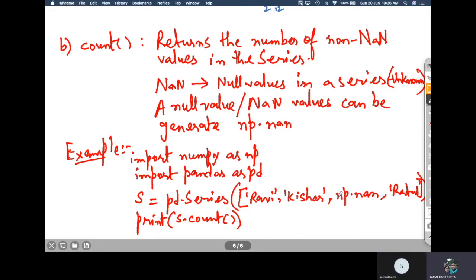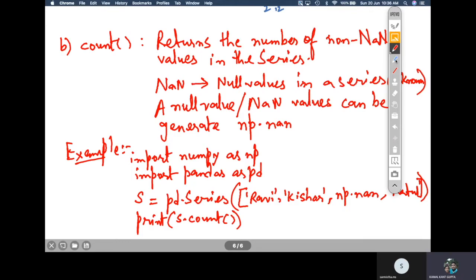Now you can see here we have used a numpy constant NaN to represent a NaN value in between the series, right? And that name is not known to us. That can be an unknown person whose name will come later in the series. So we have taken np.nan. We don't know about him for the time being, but he or she may come later. So what will be the output here? It will be 3, right? Correctly said. The output will be 3. It will print the non-null values, and that is 3 only here.